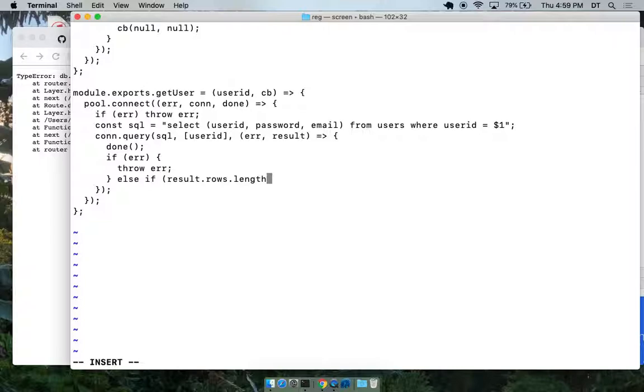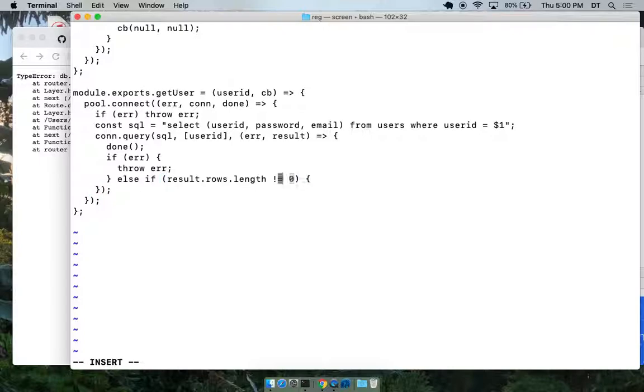I'm going to do this from memory. If that's not equal to 0, then,